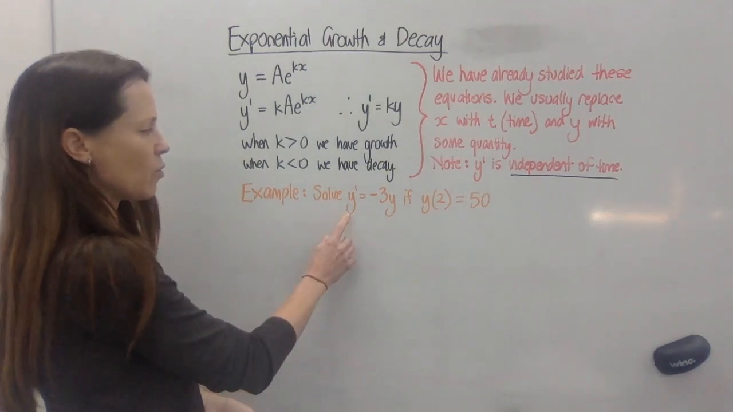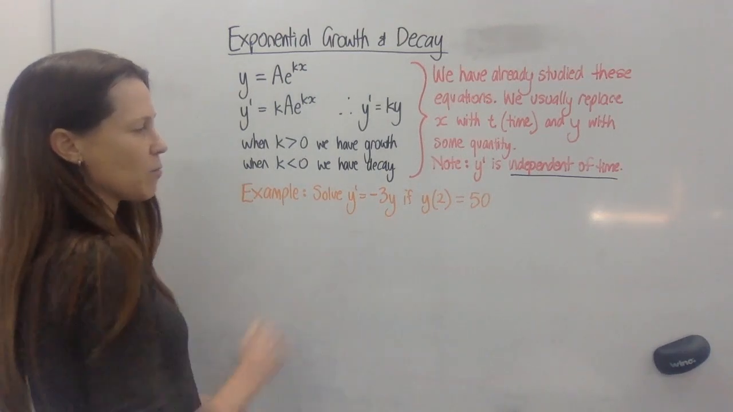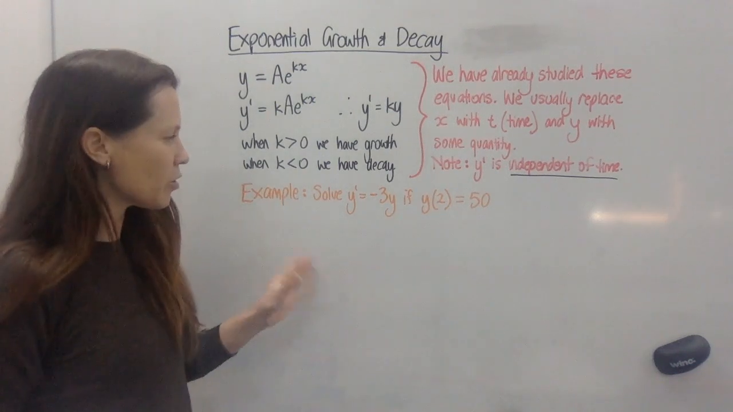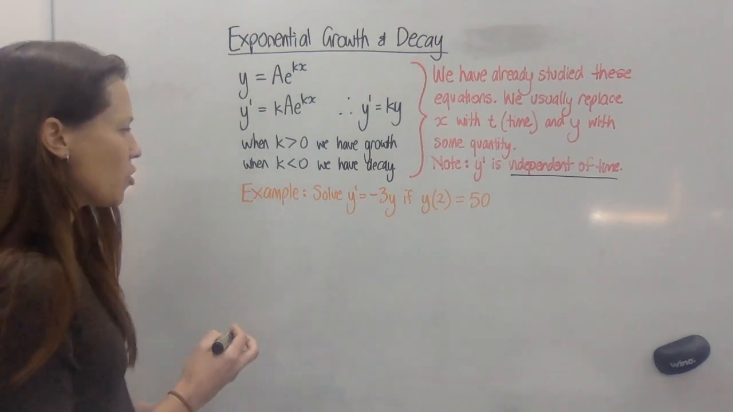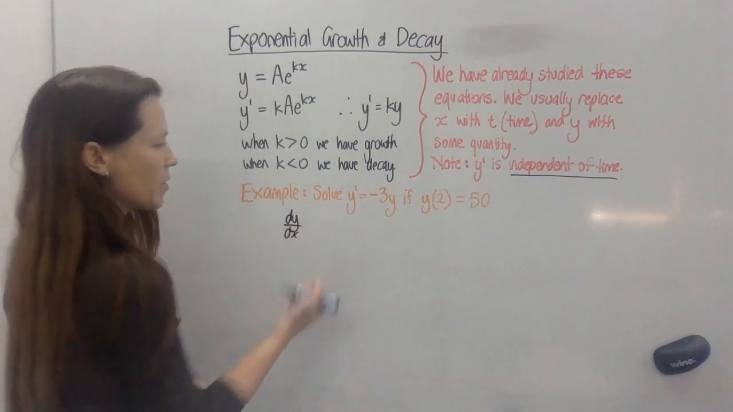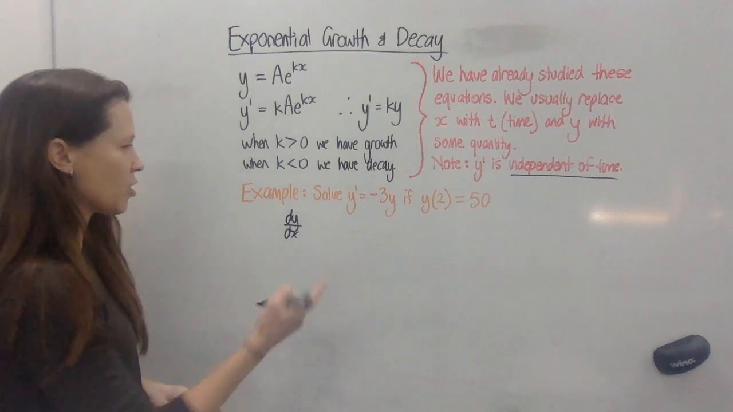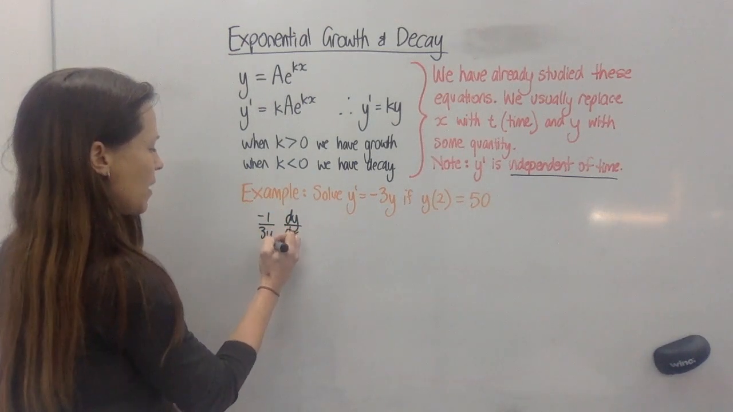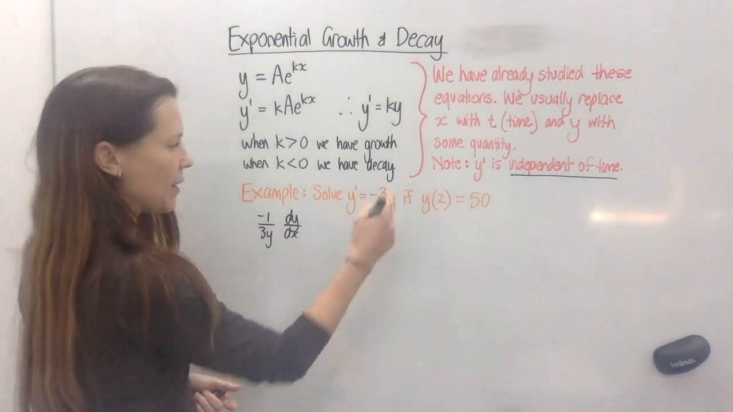We need to solve y dash is equal to negative 3y, and then we've got a particular solution to find. So the general solution, then the particular one. This should be quite straightforward for you by now. We need to change y dash into dy dx. We need to divide by the function of y. So we can have negative 1 over 3y, or 1 over negative 3y, and that leaves us just with 1